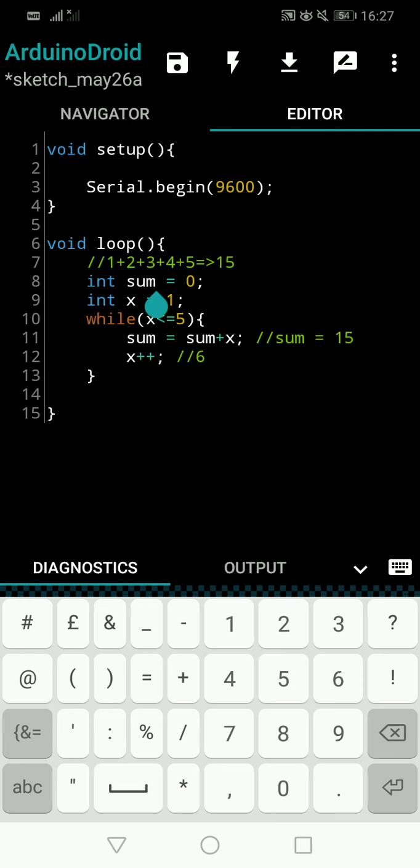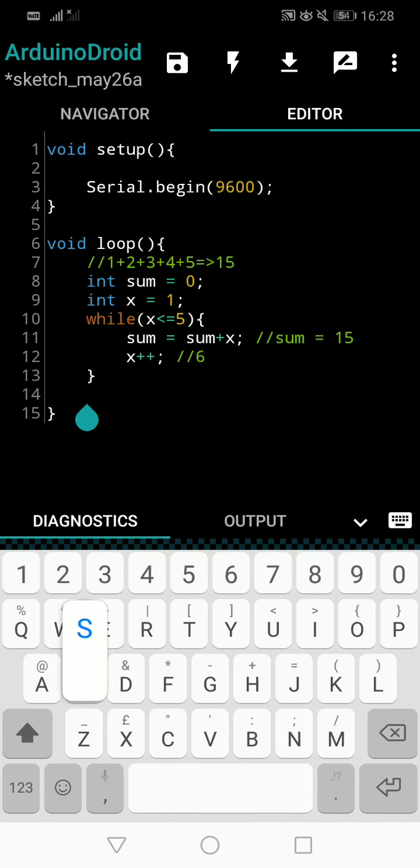So the sum, the current sum, is now 15. Whatever we assigned to the values, sum is now 15. So we have come here, right? We added 5 numbers, 1, 2, 3, 4, 5 together, which is 15. So now what do we have to do? We have to display the value. Once the while loop completes the addition, we will display. So now it's completed and it has come outside of the while loop.